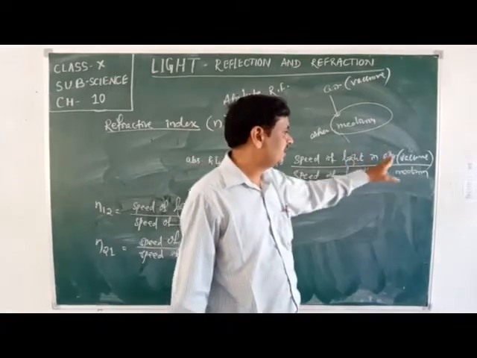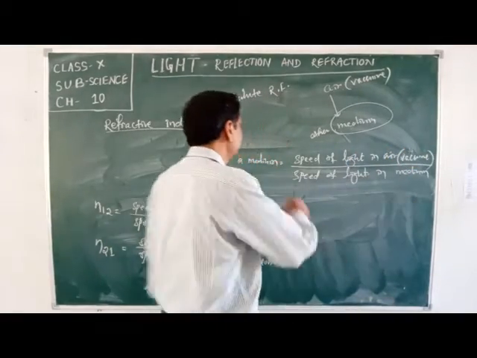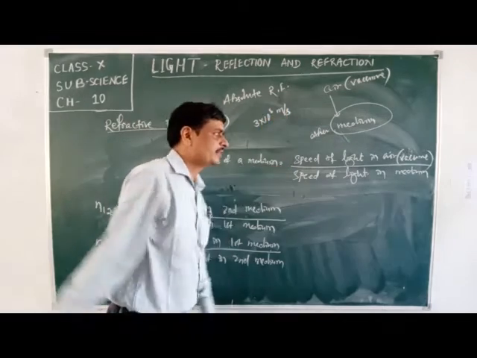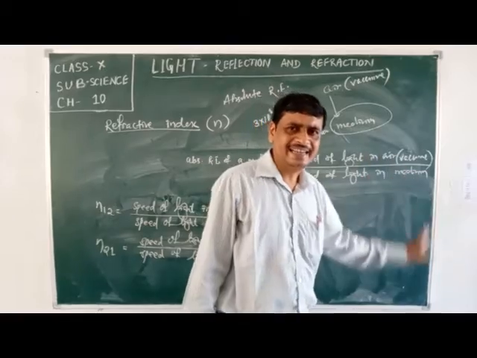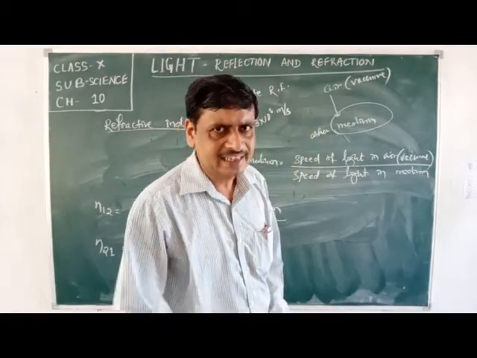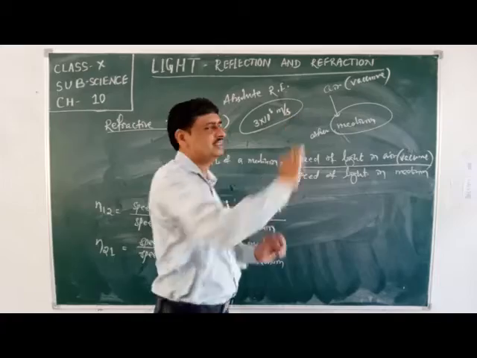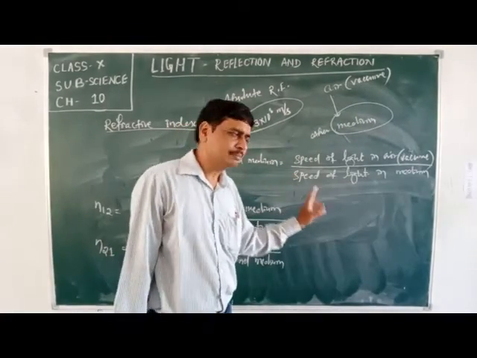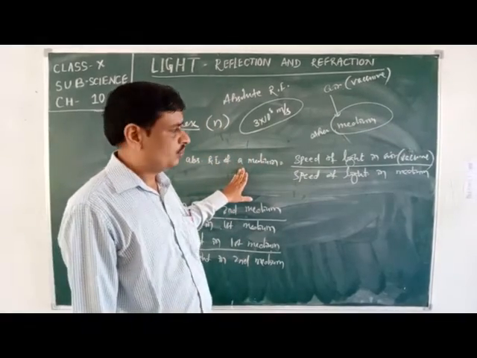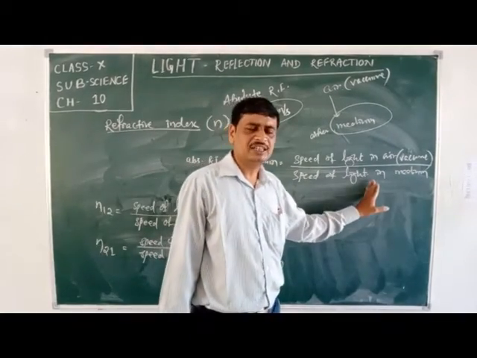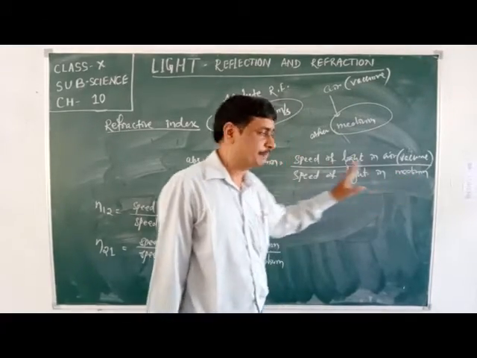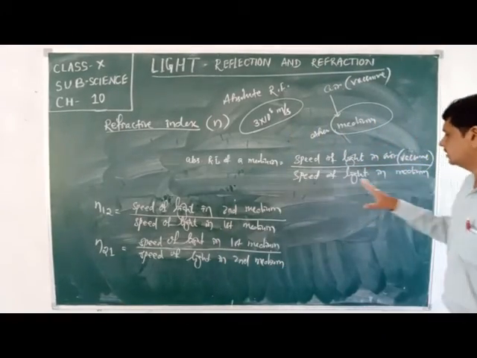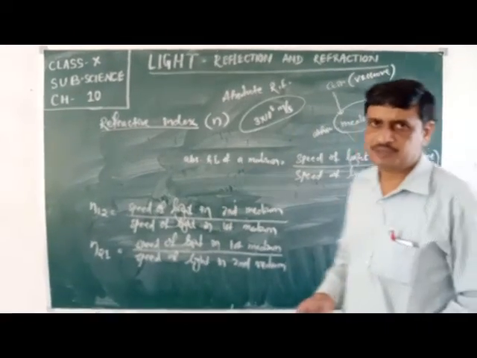Generally, the speed of light in vacuum is 3 into 10 to the power 8 meter per second. The speed of light in air is marginally less, but we consider the same 3 into 10 to the power 8 meter per second. So we can find the refractive index of any medium when we know the speed of light in that medium, or if it is